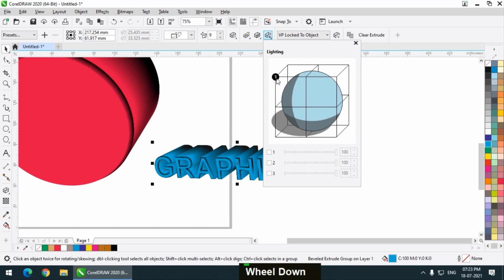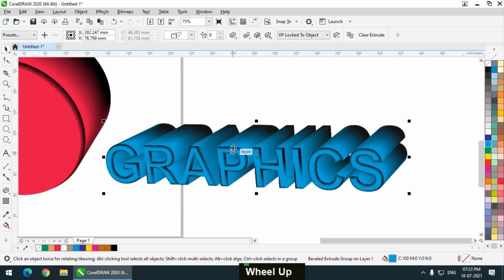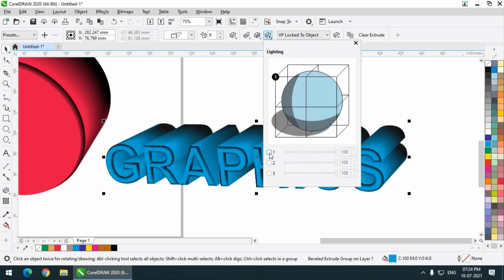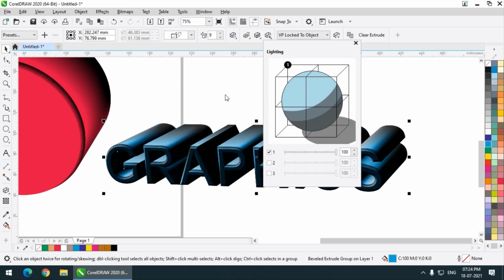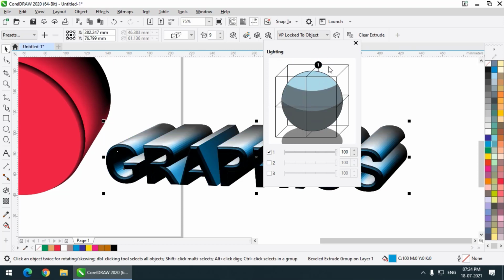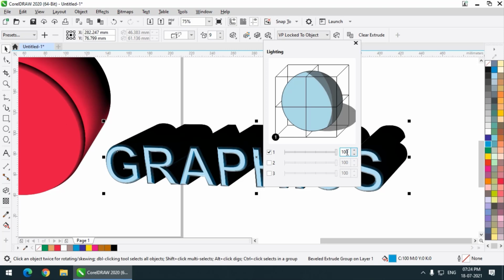Presently there is only one light, but I have to start it, so turn on the light first. If you want some lighting effects, I will make it a bit bigger. Simply check this light, so it will turn on the lighting effect. You can also choose the position of the light. So this is behind, this is over here, this is in the middle, this is over here. And if I want to place it in front, this is how it will look. You can also decrease or increase the intensity. So I will decrease the intensity. So this is how it will look.